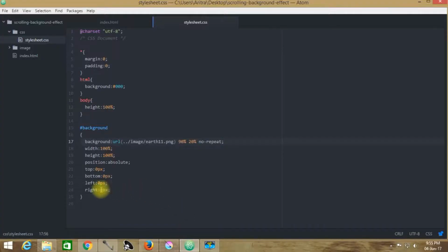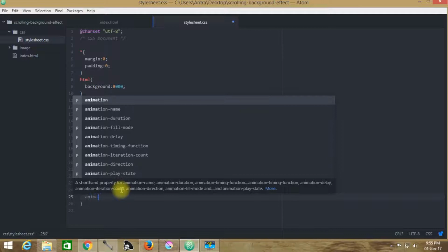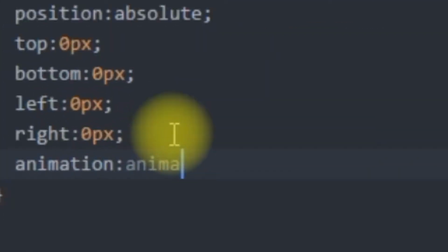Now let's think about the animation. All I am doing over here is creating this animation. I name it animated BG, which has a 50-second duration, and the animation type will be linear, that means it will maintain a flat speed from start to end.